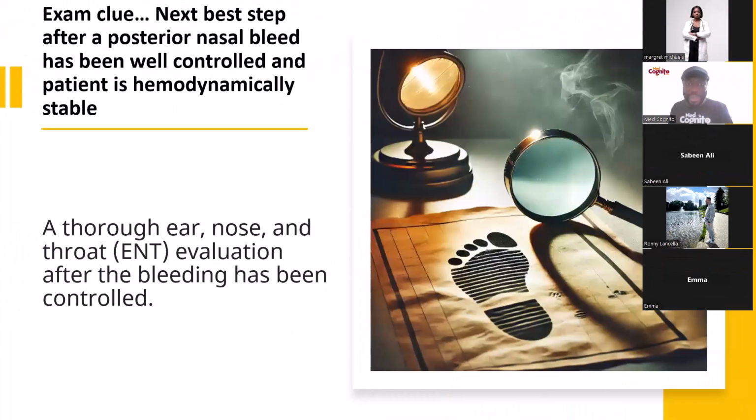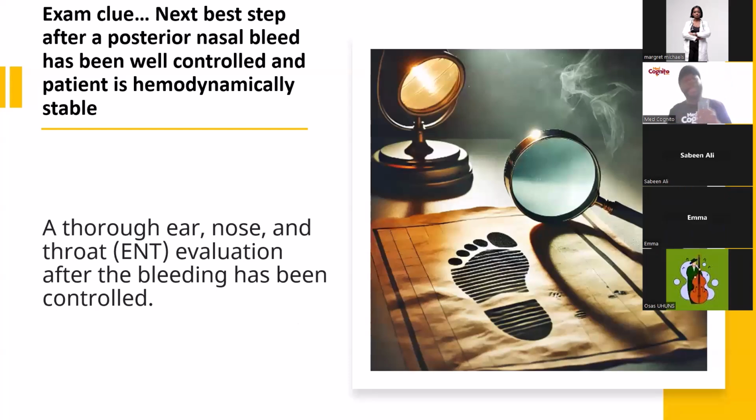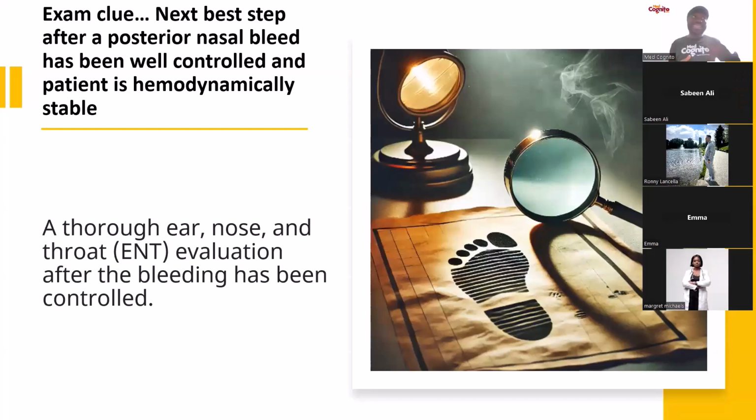Okay? Dr. Margaret, please, your question. Is there a difference with how the blood flows for a patient with an anterior bleed as opposed to a posterior bleed? Not really. In fact, the literature commented on it. However, you realize that if the boards want you to really know that there's a posterior bleed, they will present a patient who is probably hemodynamically unstable. The bleeding is not subsiding despite pinching and applying oxymetazoline. It would be a very severe scenario in a patient with a posterior bleed.